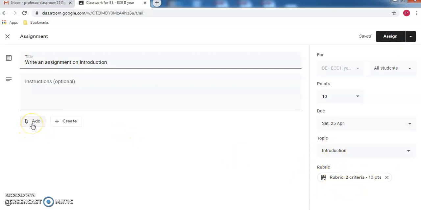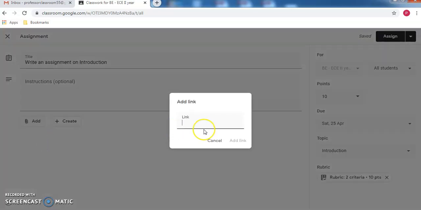And if you want, you can add some attachments here to the assignment, so that students will find some hints. So let me add some hint here. So either I can add data from my Google Drive, or I can give a link to a web page. So let me show a web page link as www.google.co.in.